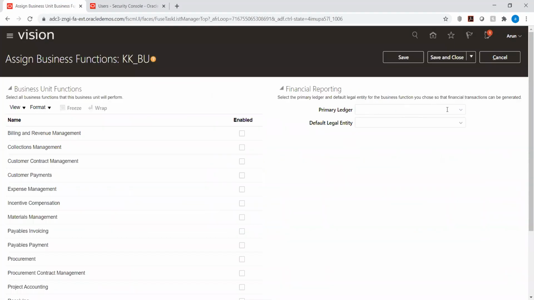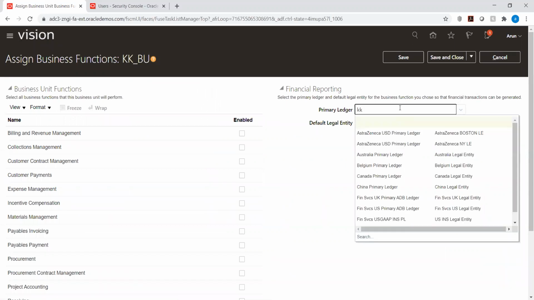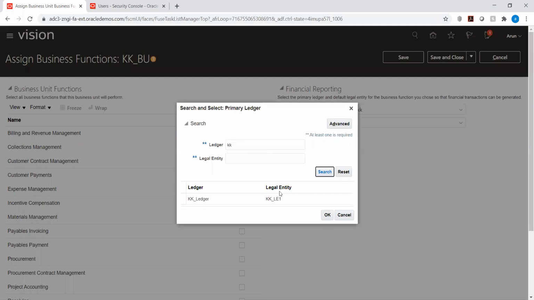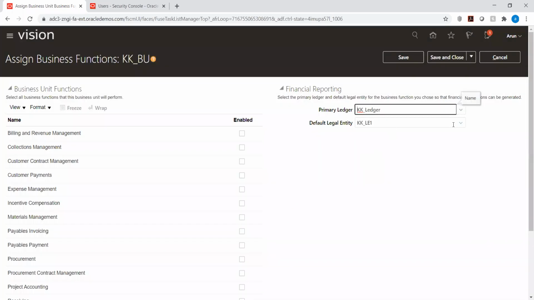Here, if you see, we have the ledger, so let's say KK ledger. In our case, we actually have only one legal entity. If we had multiple legal entities, we could select from this list. Since we have only one, we will not have other options. So we can default our legal entity and have our primary ledger. Below this, we have our business unit, and under that, the specific functions that this business unit can perform.